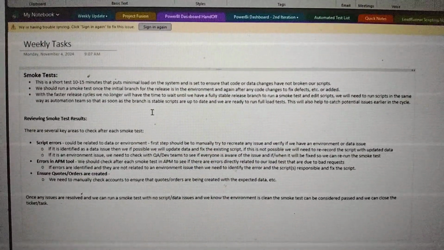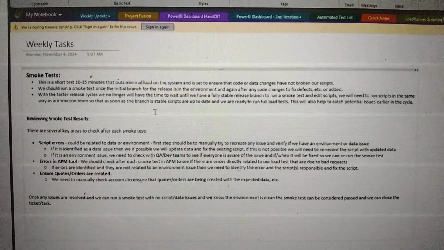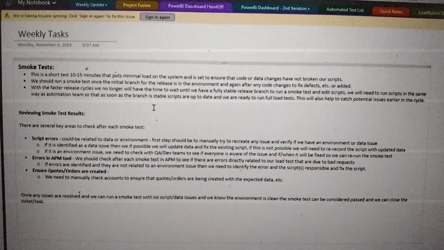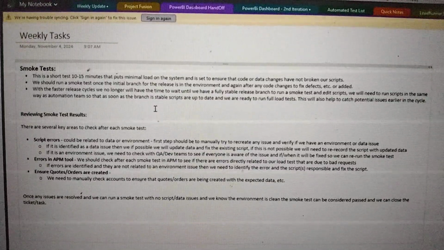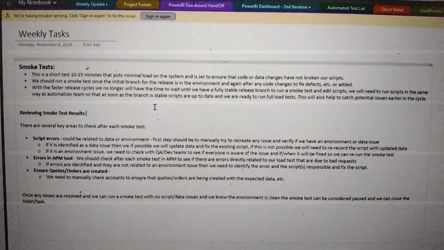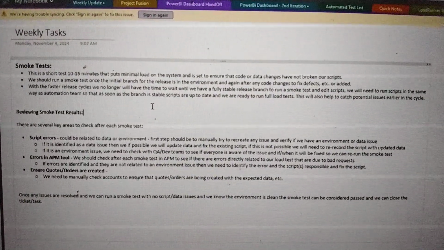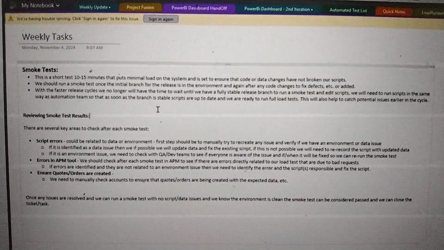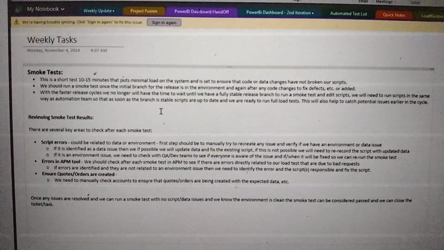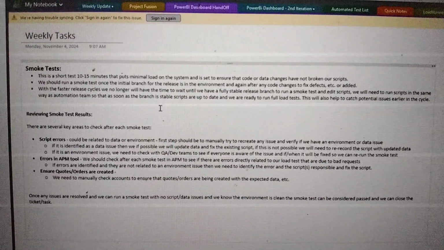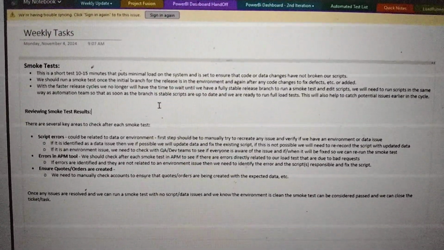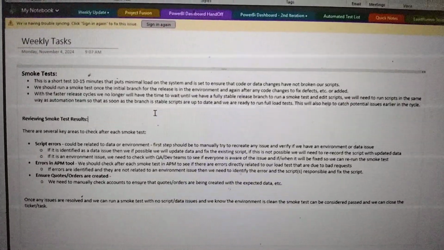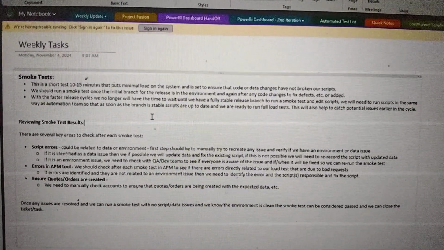Chances are there may be problems due to the environment. There might be some data issues, so we might not be able to do a lot. But the idea is that we'll run, and then when they put in a fix, we'll run again. So every time they put in new code, we're going to run a quick smoke test, like a 10-minute test. Okay. And the reason is, since we have to run these load tests every 2 weeks, we want to sort of make sure that our tests are good